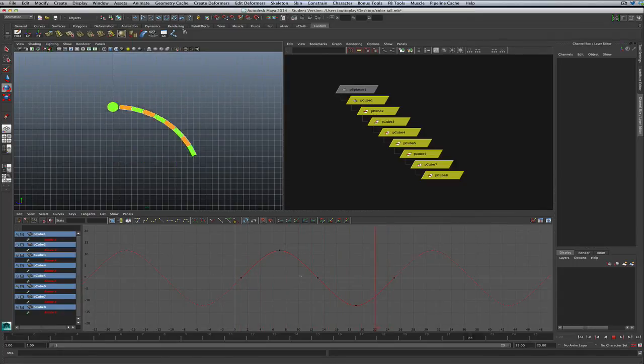It's when we start to offset those keys that it'll really start to loosen up. And if you remember again with the pendulums, depending on how much we open up the spacing between those curves is going to really determine how loose the joints feel, or how separate that breaking of joints is going to feel.